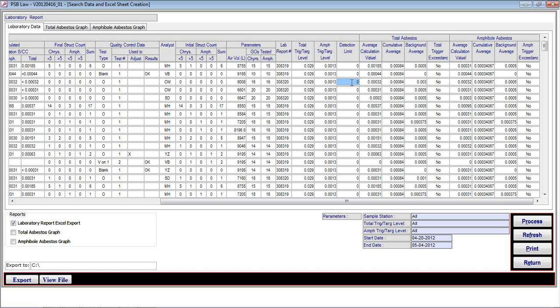Well, the result is in the second column from the left for total concentration as structures per centimeter cubed. Oh, it says less than. Okay, very good. And the detection limit there is 0. Okay, so the point is, I see, right, so less than. So for the cumulative average,